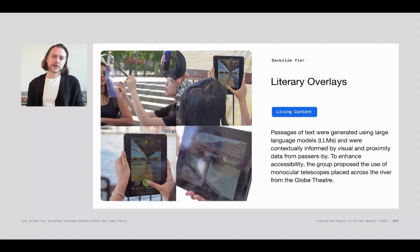Over to our penultimate group here. The theme that they came up with here was around literature and generative pieces of communication. And not surprisingly, the site that they had here was directly opposite from the Globe Theatre, or the reconstructed Globe Theatre from the 80s. So taking that rich history of playwrights, of poetry and narrative, they looked upon the Thames